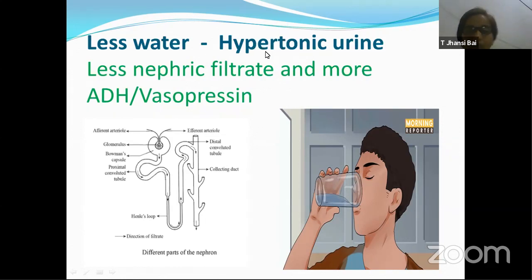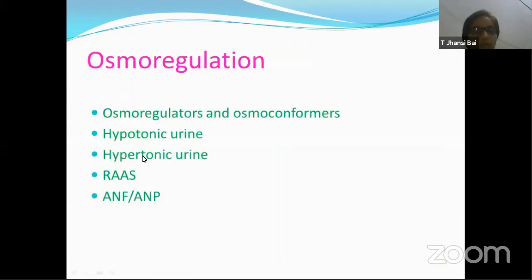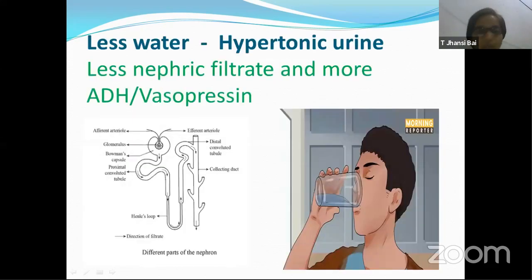Now, there are four important situations or mechanisms which take place in our body which bring about this concept of osmoregulation. There are four important mechanisms which take place in our body because of which this osmoregulation process goes on and the internal environment concentration is maintained. So first condition, let's try to look at this.